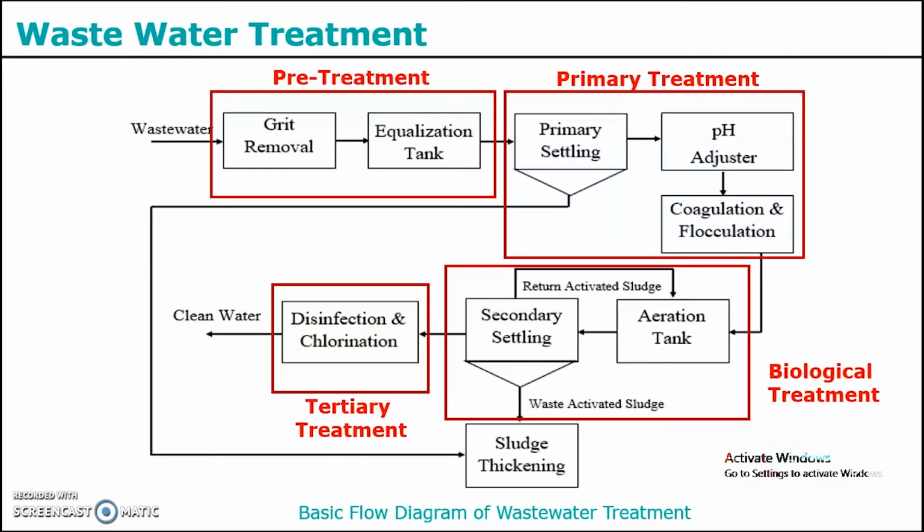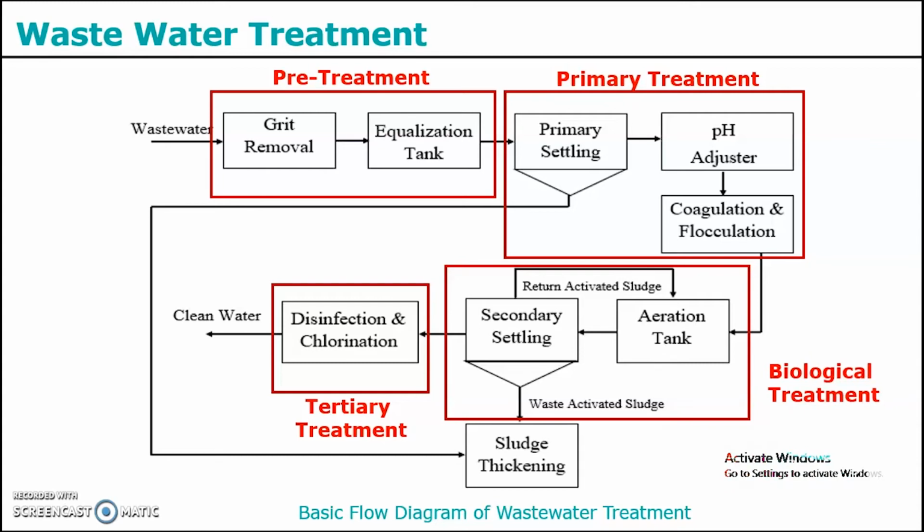In the wastewater treatment process, first, screening is done to remove larger and coarse solids like rags and sticks. Then, as shown in the block flow diagram, it enters the grit chamber to remove finer, heavier particles like sand and gravel, and separate oil and grease. In the equalization tank, the flow rate is equalized to overcome operational issues caused by any flow rate variations. These processes are part of pre-treatment.